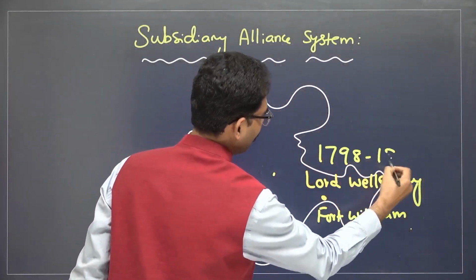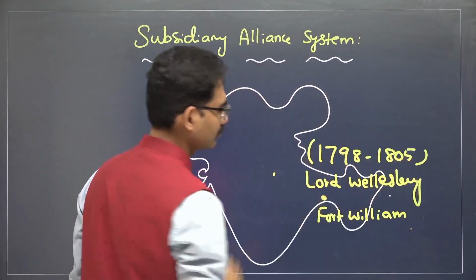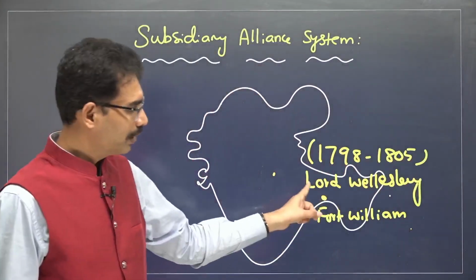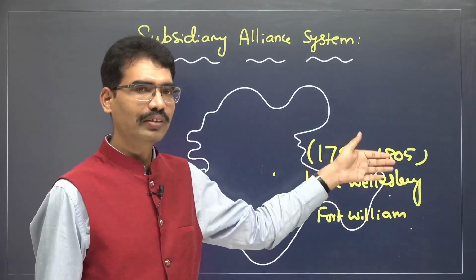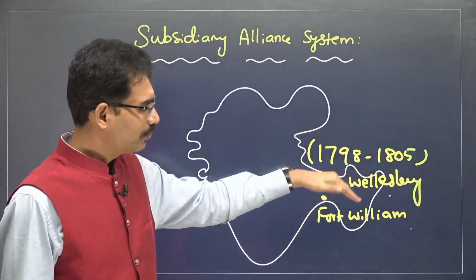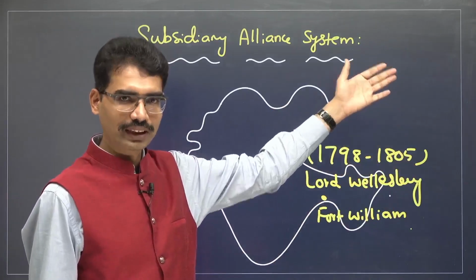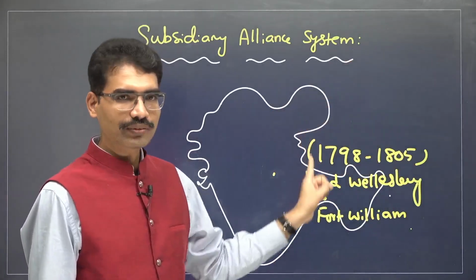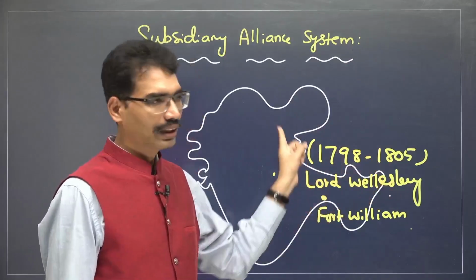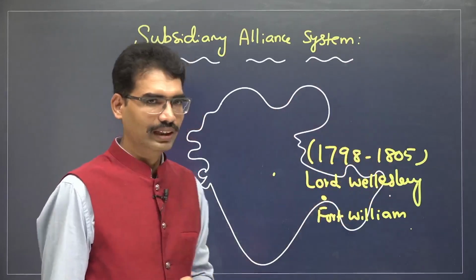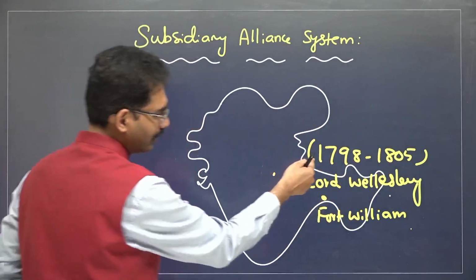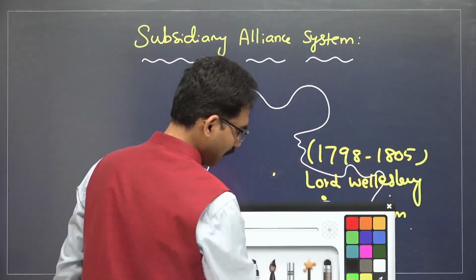1798 to 1805. He was the powerful Governor General of Fort William after Cornwallis. So before him, powerful Governor Generals means Lord Cornwallis, Warren Hastings. Warren Hastings is the first Governor General of Fort William, later Cornwallis, then Lord Wellesley. When he was administering India